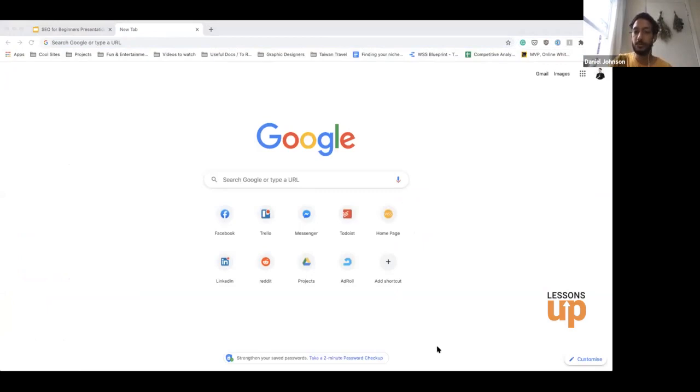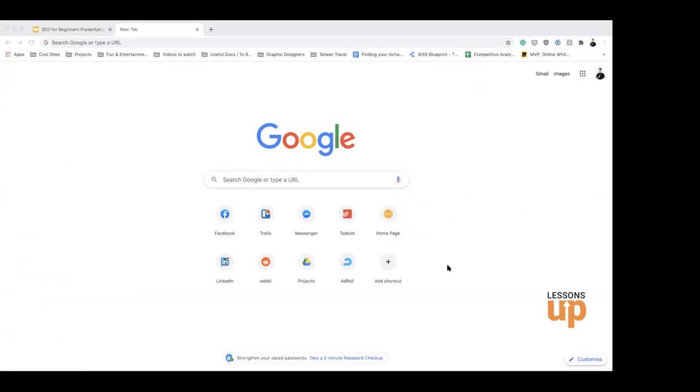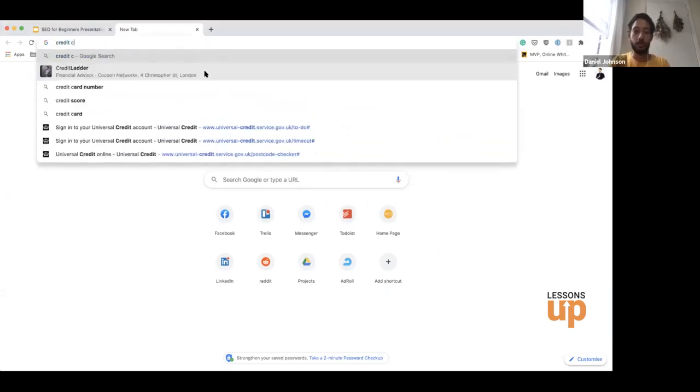Can you guys see when I'm searching on another browser, or are you... We could before, but now we just see Google and I don't see what you entered into the search query. Interesting. Whoops. Okay, let's try credit. Oh, now there it goes.